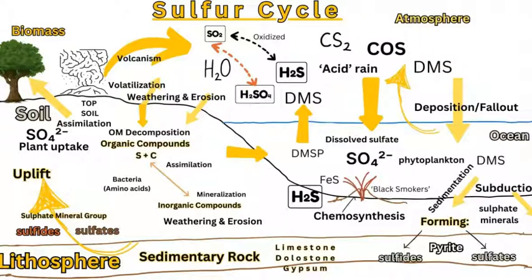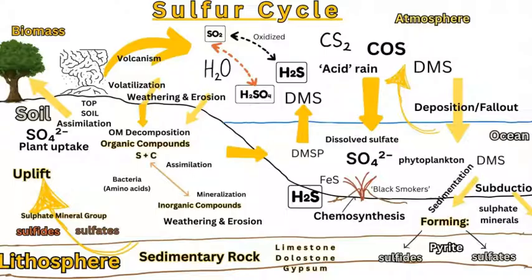So in general, the sulfur cycle is the transportation and modification of sulfur from the inorganic compounds through the sedimentary rocks, through sedimentation, through ocean deposits, and converting this into organic compounds within the soil for sulfate uptake of plants, or through uplift and the release of sulfur through volcanism into the atmosphere, also through weathering and erosion, and the release of sulfur through soil volatilization, and the combination of both hydrogen, oxygen, and carbon within the atmosphere to produce different sulfur compounds and different sulfur mixtures, which will be deposited, which is called fallout, into both the soil, back into the biomass, and also into the oceans in terms of dissolved sulfate and also DMS, dimethyl sulfide,